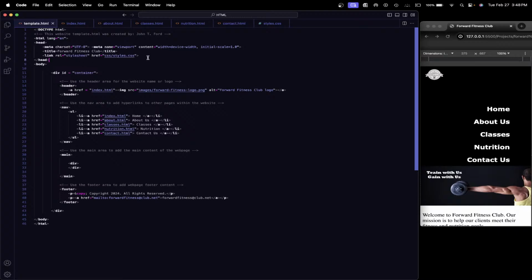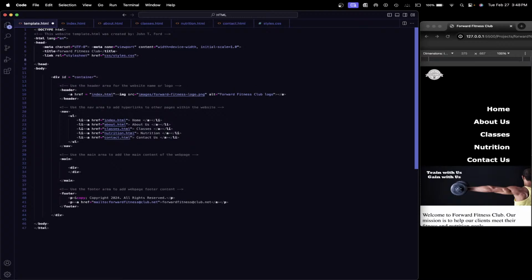So we're going to go to line 7, and then we'll just do the meta tag: name equals viewport, content equals width equals device-width,